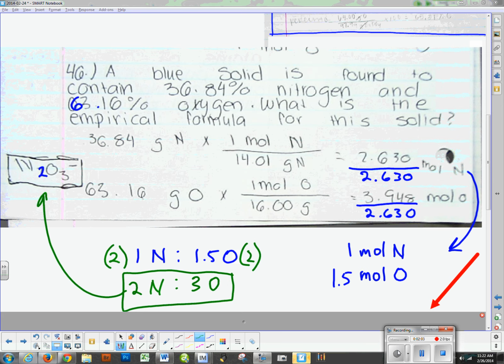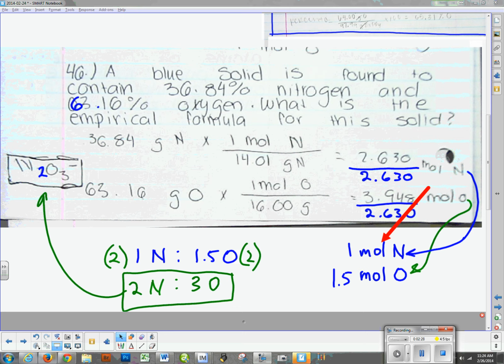Let's take this one down here for this one, and this one up here is for this one. The different colors help you see what those are. Now, when you look at that answer, what you're going to find is that multiplying this and this by the same number, which is 2,